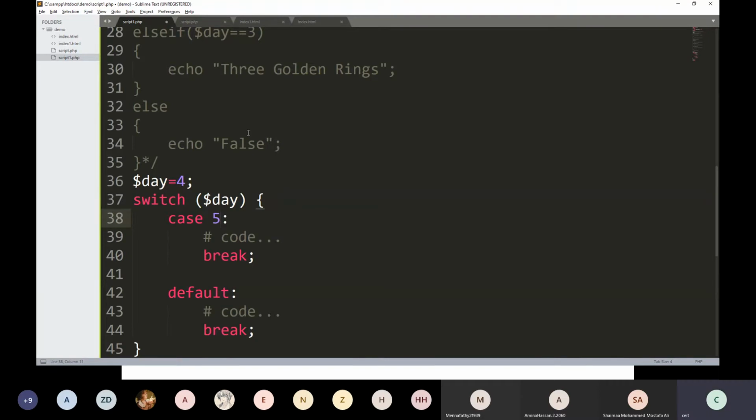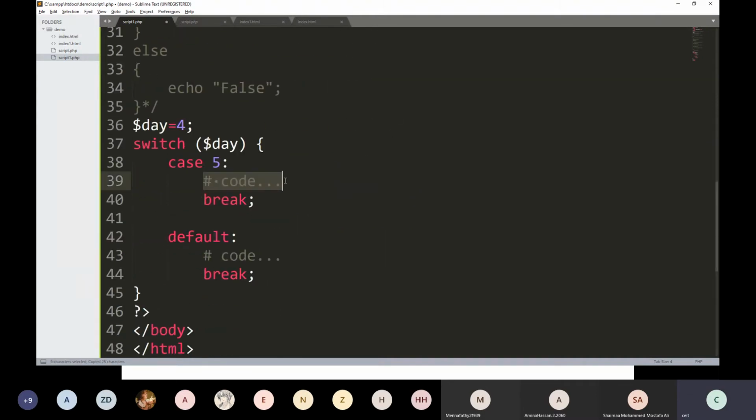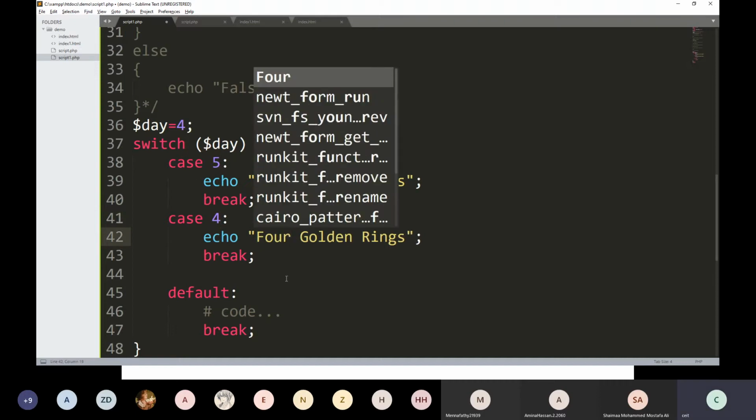Then in code, I just copy this. This is the benefit you are getting when you are working with an editor. Then copy this. Case 4, 4 golden rings.